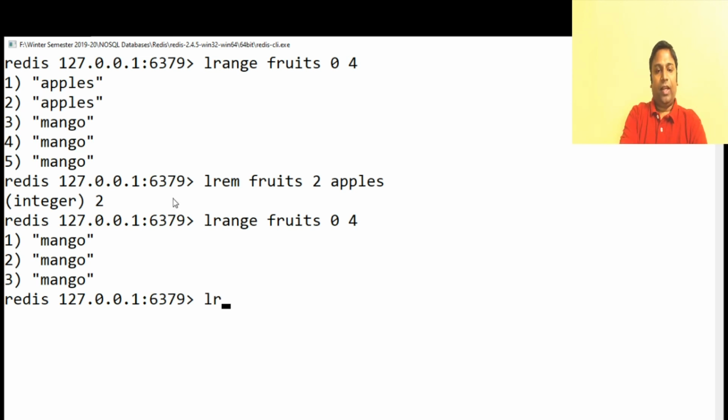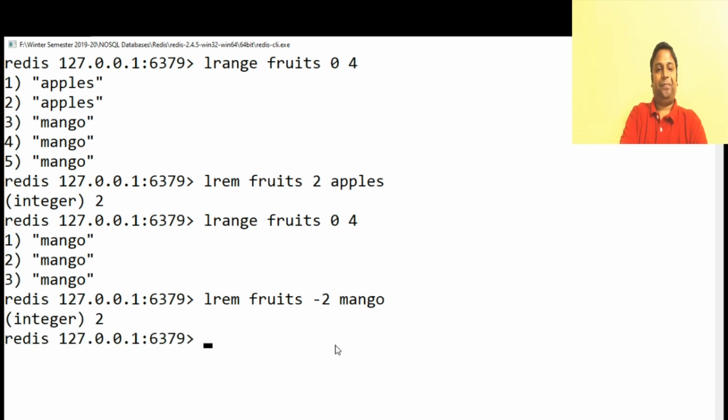If I give LREM fruits, the count is -2 mango. So what -2 denotes is, go from the rear, remove 2 counts of mango. So the number given here will be the number of items removed. Since it is negative, it's going to do it from the rear end of the list.